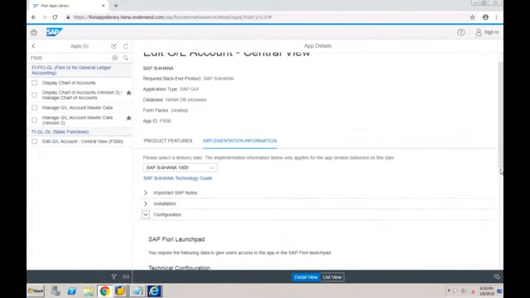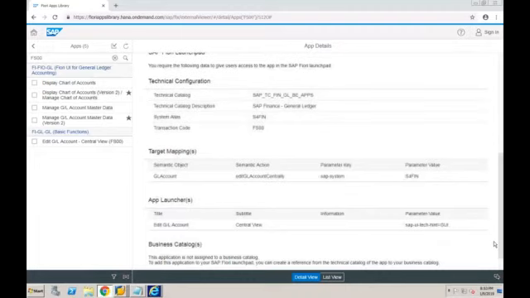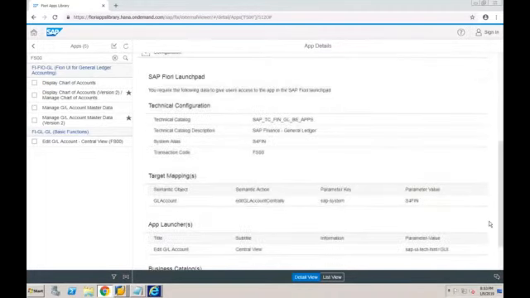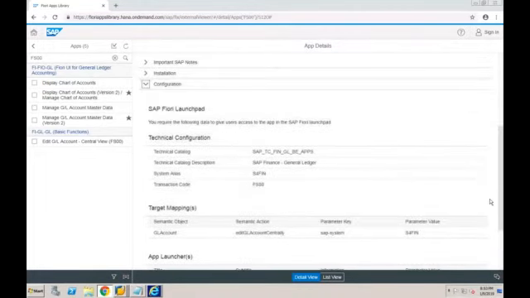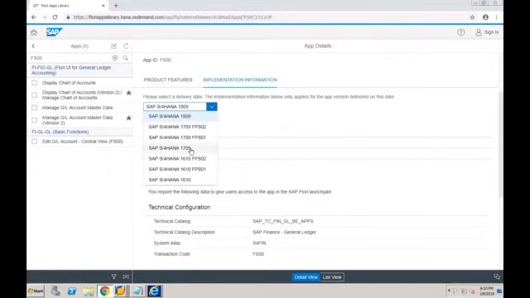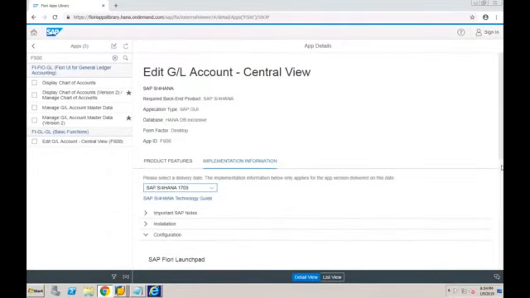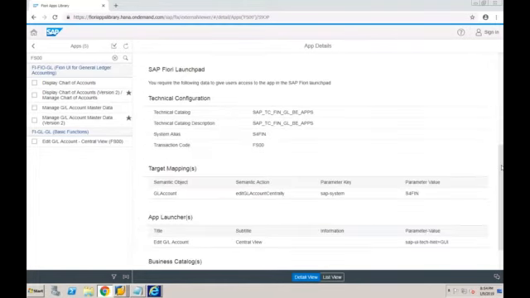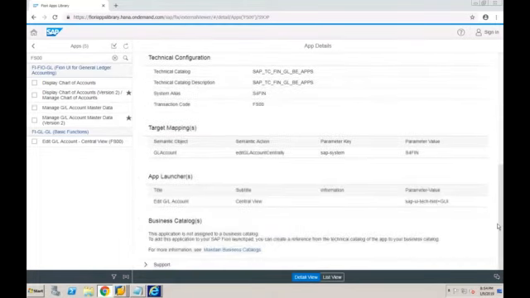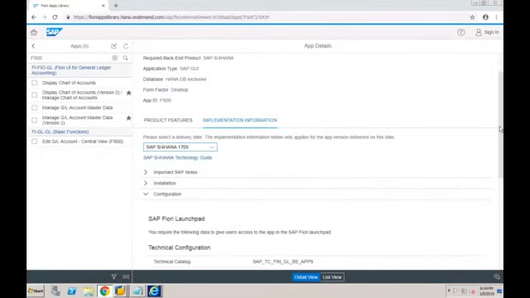Let me show you where exactly you will find a role. I think they changed something now, because even last time I was not able to find a role. Let's go to 1709 and see if the role appears here. It is showing the catalog, but it is not showing the role. Just give me a minute. Let me find out.